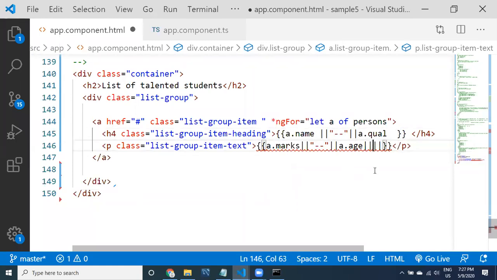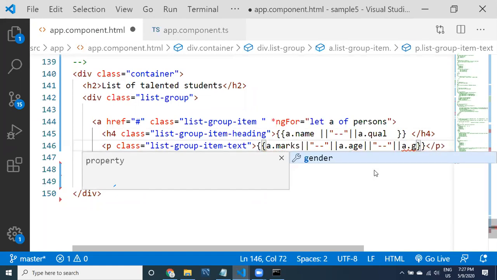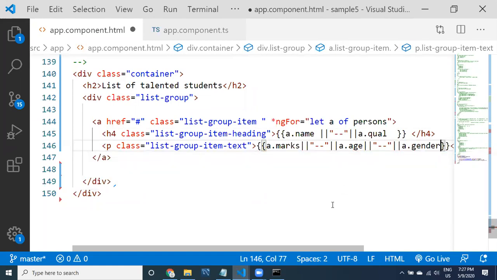Let it be, we'll see. Then hyphen and then a dot gender. See here guys, I want to provide this kind of information.